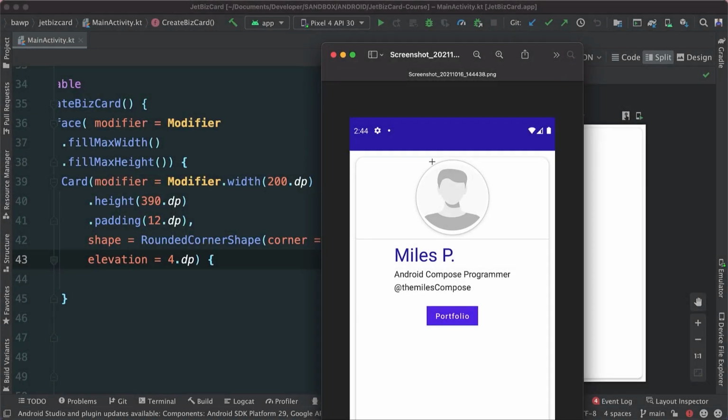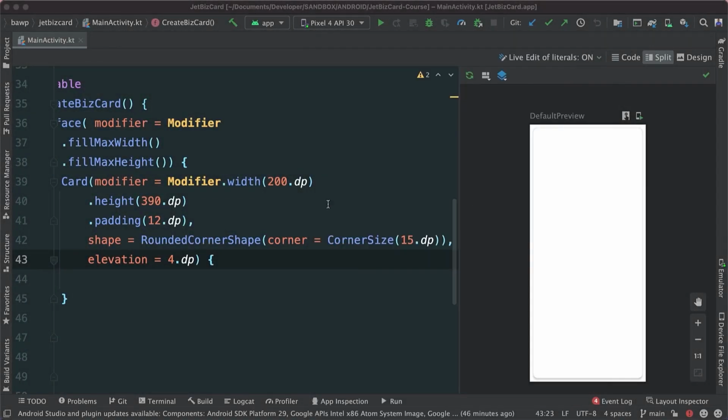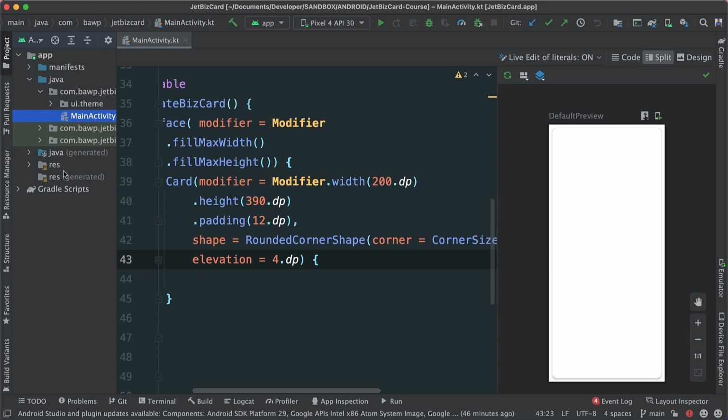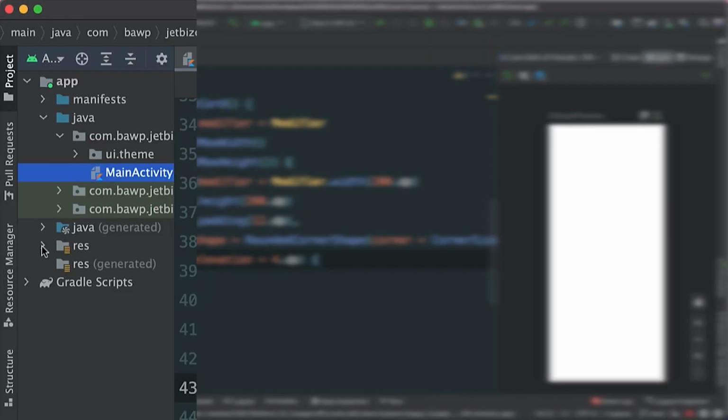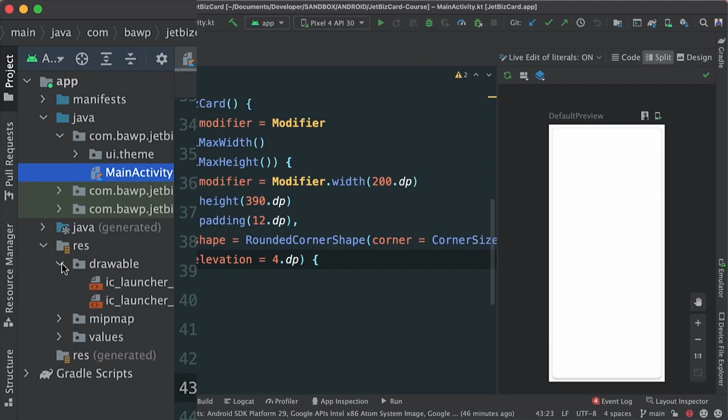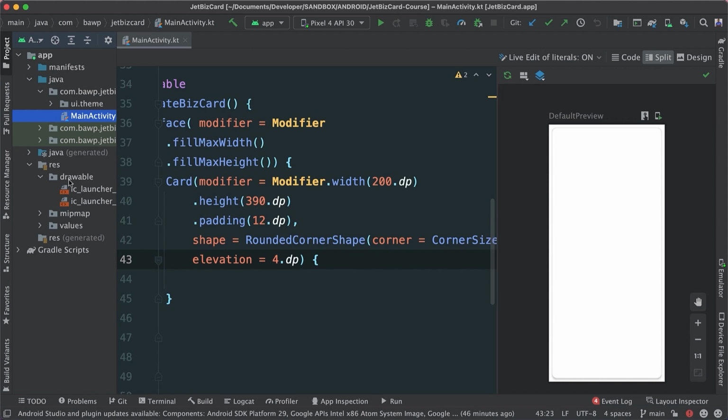So now let's go ahead and put together this profile image. First, we'll have to add that image. So what do we need to do? Let's go to our res folder there, inside our drawables, and you should have access to this image, or you can find any image on the internet. That's fine. What we need to do is once you get that image, you need to drag that image onto